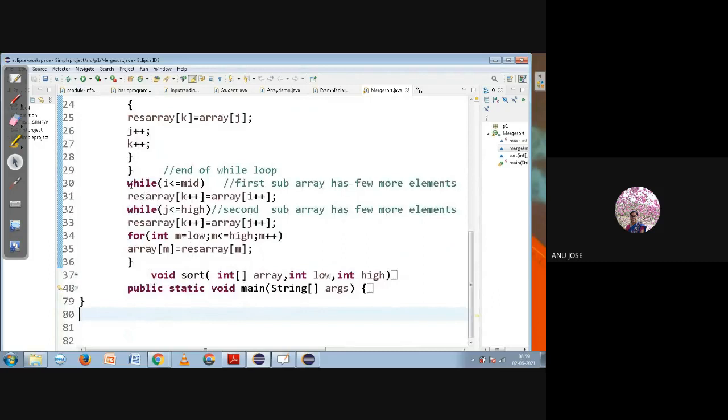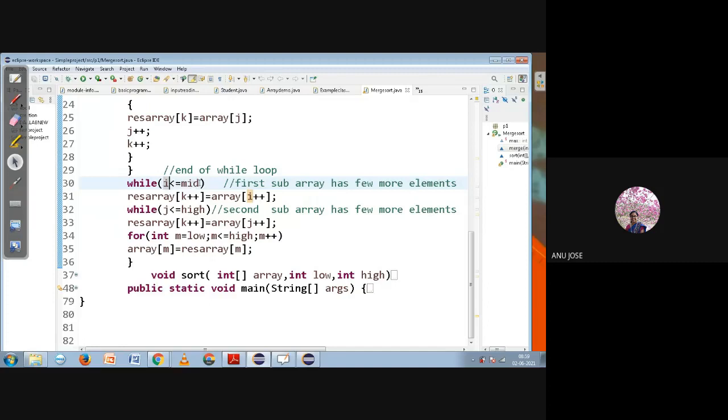What is happening here? While I is less than or equal to mid, after coming out of the while loop, I am checking the value of I with respect to the mid variable. If I has still not reached mid, it means the first array has a few more elements left out.